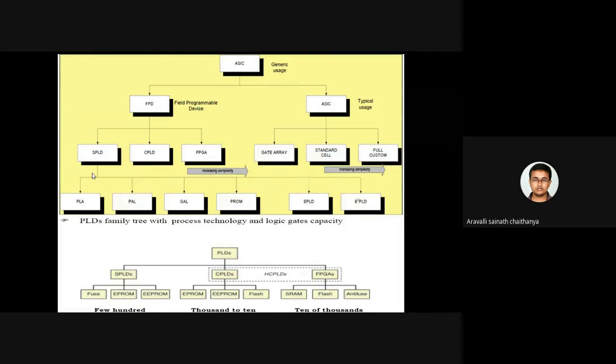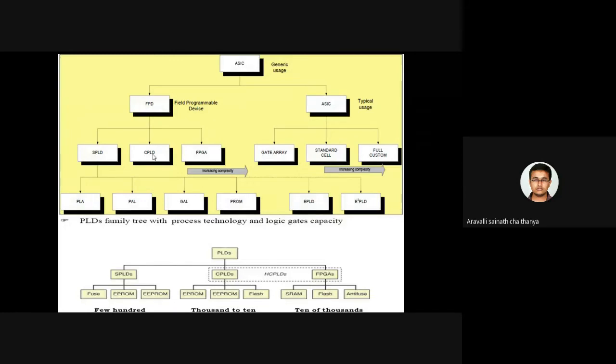Coming to complex programmable logic devices, that is CPLD, I can find 10,000 logic gates on the integrated circuit. Because a gate may have a plenty number of transistors. Again here, I am not saying a gate has 2 transistors, 4 transistors, or 5 transistors.